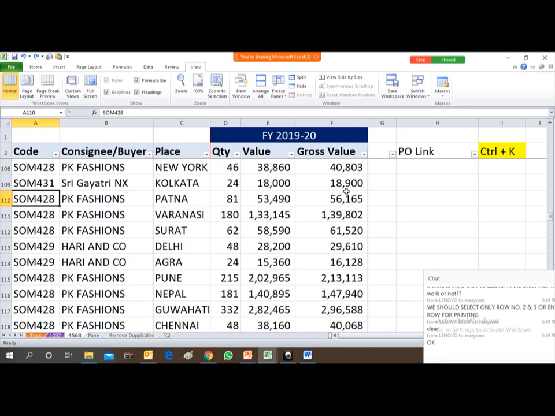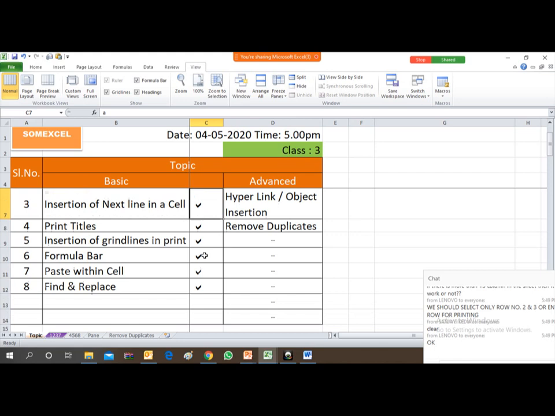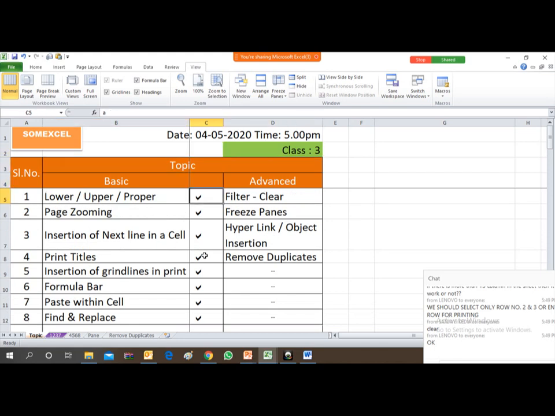With practice only, you will be able to remember all these commands and shortcut keys. So friends, we have finished with find and replace also. Friends, we have covered all the basic topics. Hope every topic is clear to you. That was the basic part.